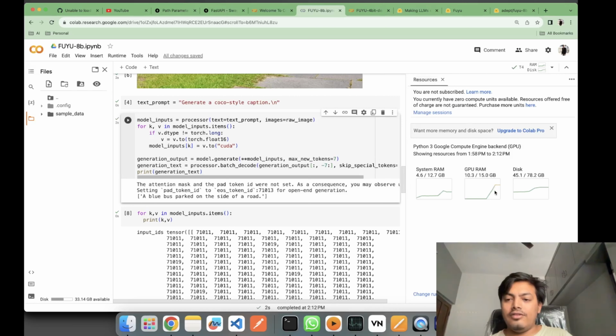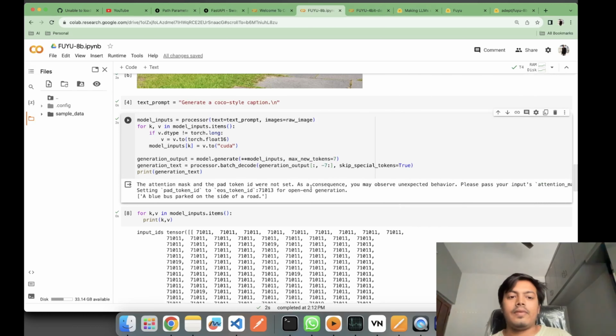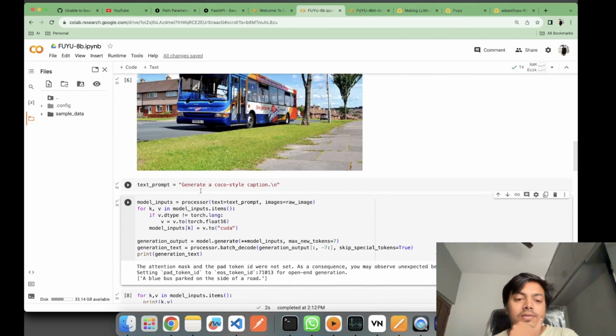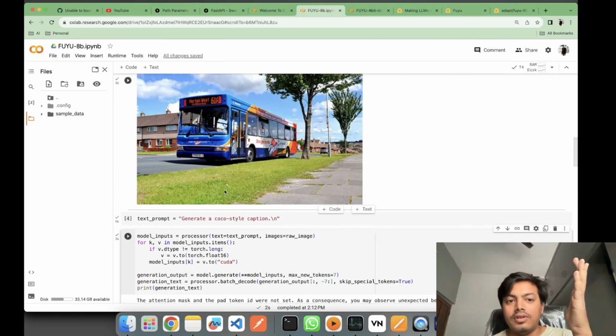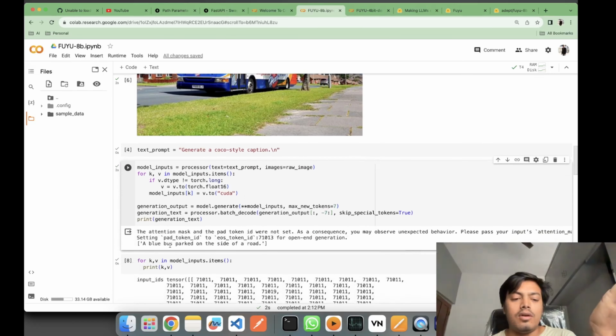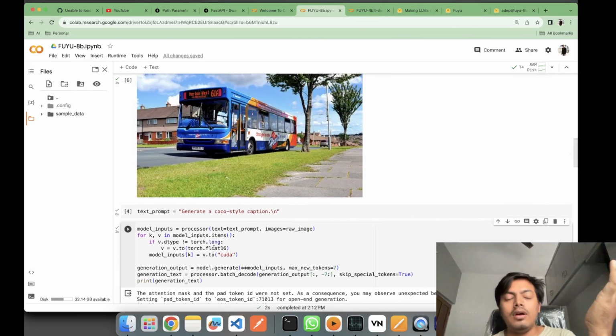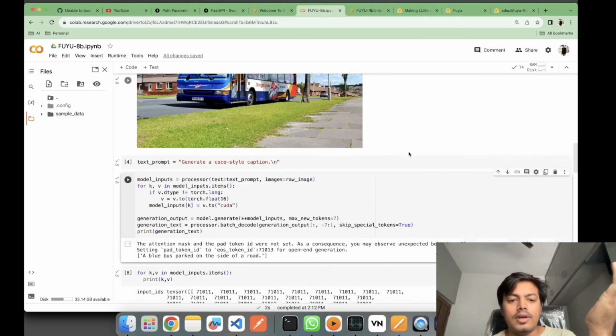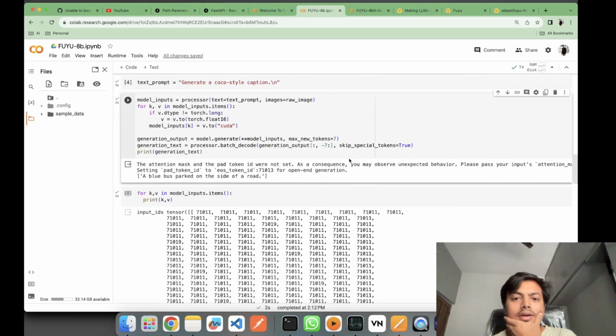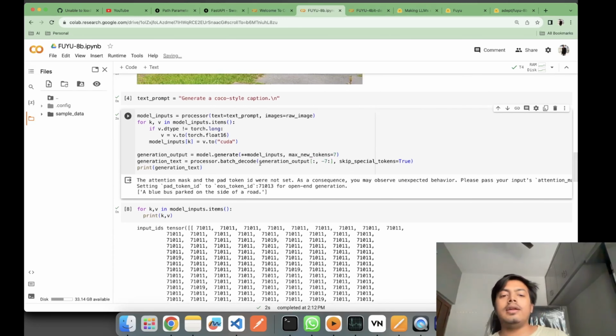I think this is done. As you can see, GPU RAM has gone up now, 10.3 GB is what I needed here. I'll close this now. The question I asked was to generate a COCO style caption for this image, and the answer I got is: a blue bus parked on the side of the road. Good one, right? And as you can see, here I am batch decoding only the last 7 tokens which